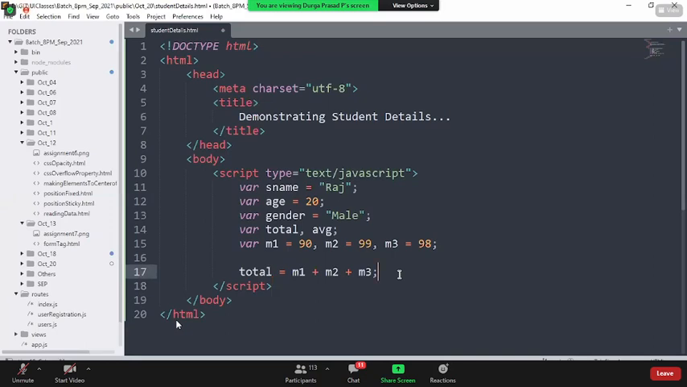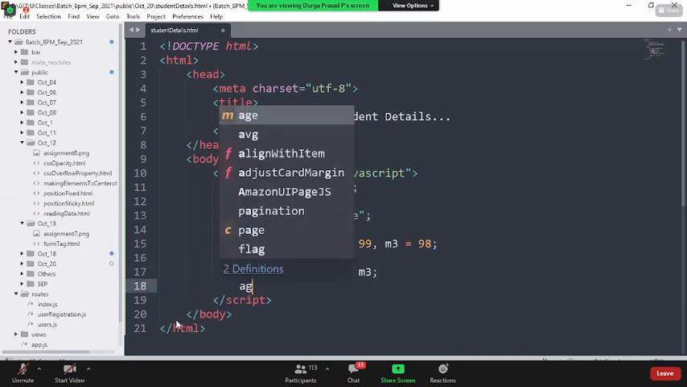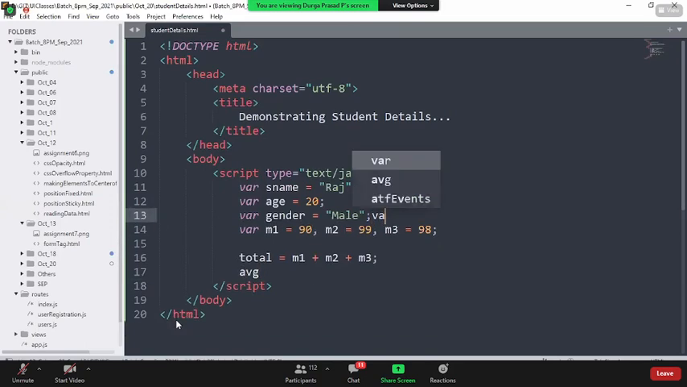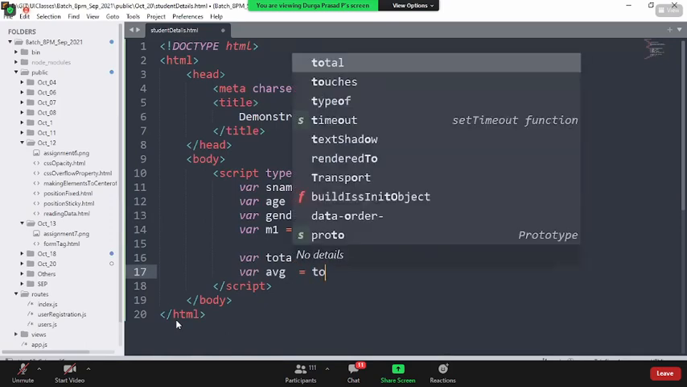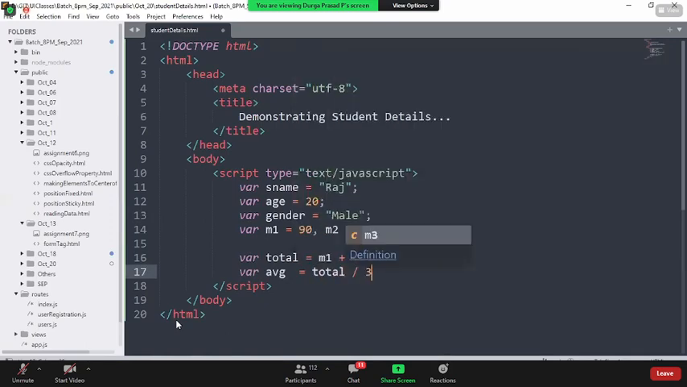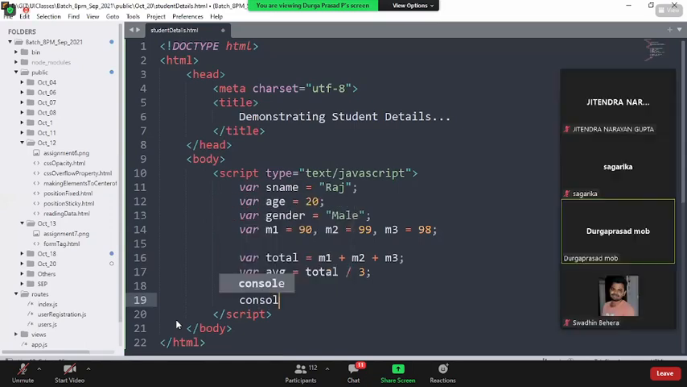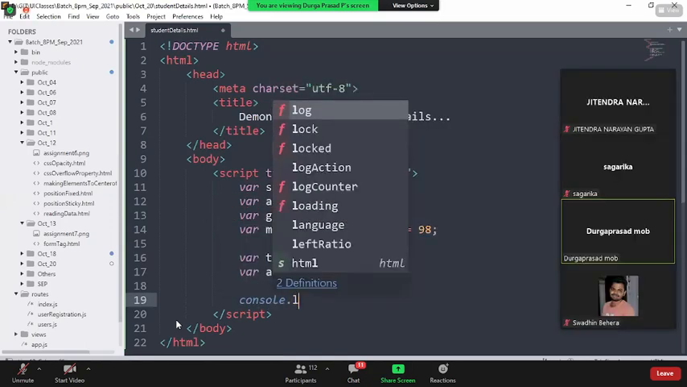Okay, now I have the marks, the total is done. Now I say AVG, or else I don't even need to declare it here. Wherever I want, I can declare it, right? I simply say var total. I simply say var AVG is equal to total divided by 3. Okay, now what I need to do is, I say console dot log